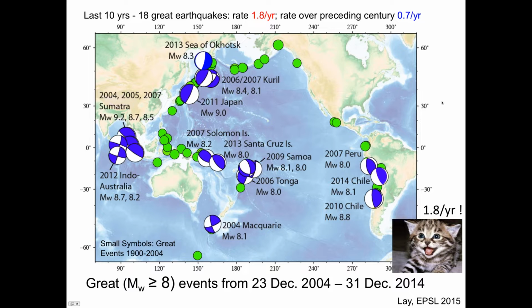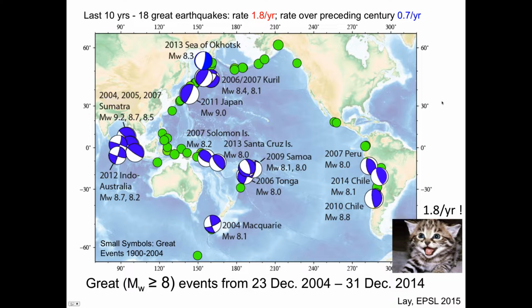Okay, I'm going to talk about the earthquakes that are shown in this figure, which is a map of where great earthquakes have happened around the world going back to 1900, all the green dots. And for events in the last 10 years, you see a focal mechanism, which is a determination of the faulting geometry for each of the earthquakes that have happened in this 10-year period that have magnitudes